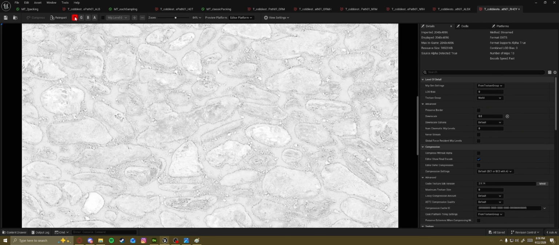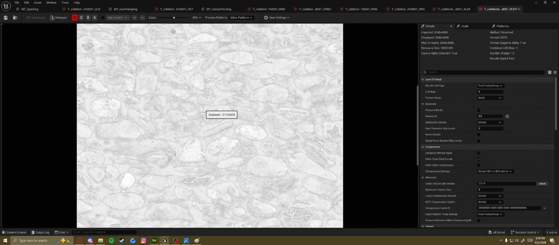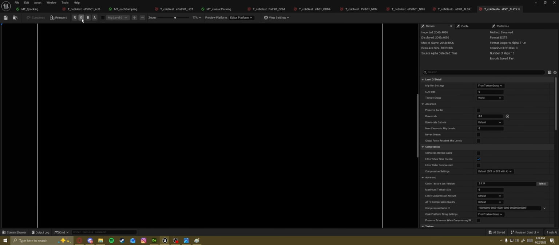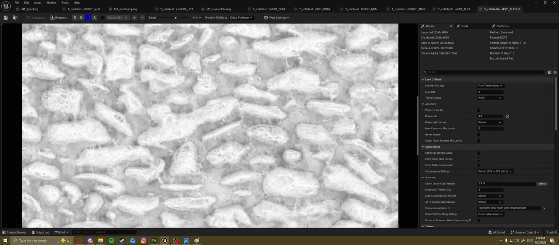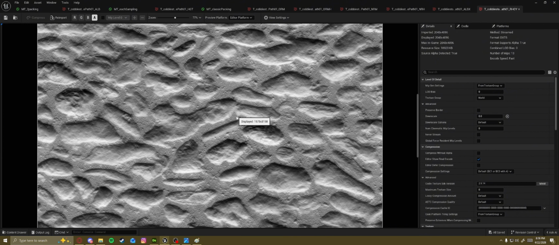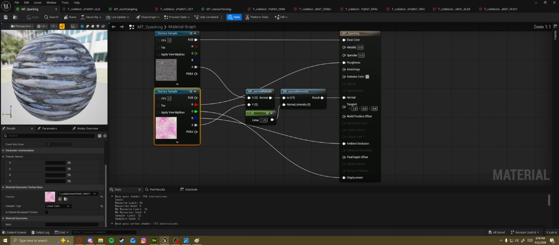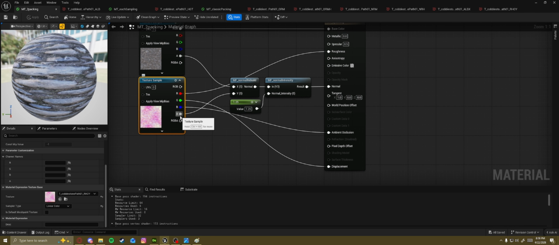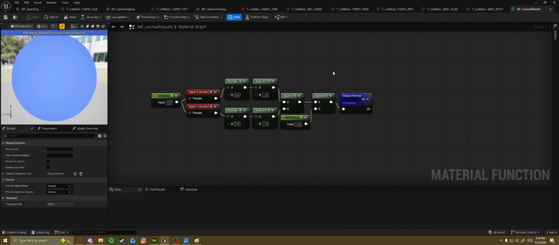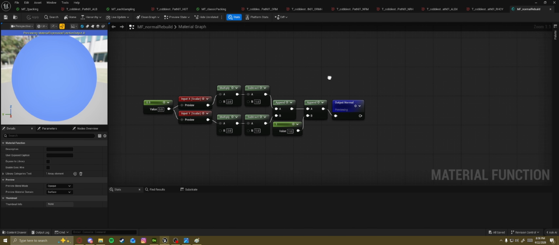So I've got my, so this is my occlusion. Is that it? No, sorry, this is my roughness. I got my height and my occlusion with my Y channel of the normal over here. And so it's as simple as just using these two values, so the alpha as an X and the other alpha as a Y, and I can rebuild my normal the same way I've just showed you, with